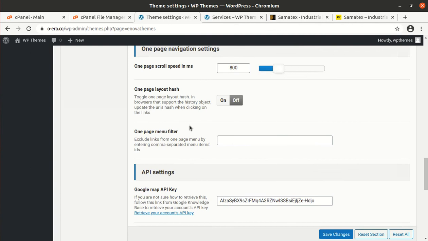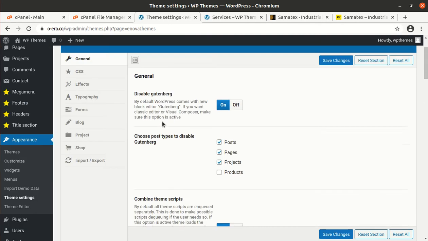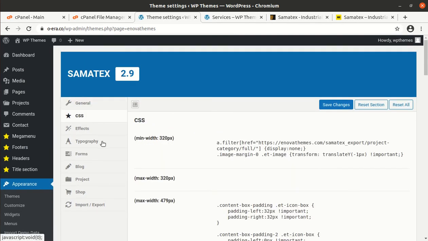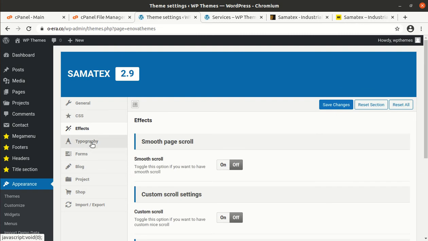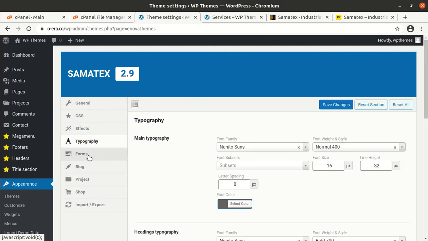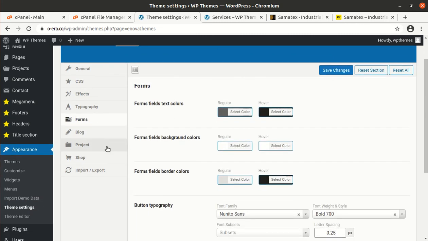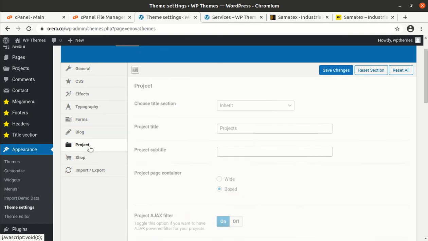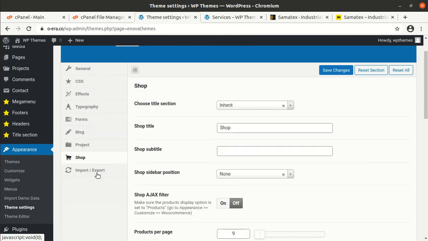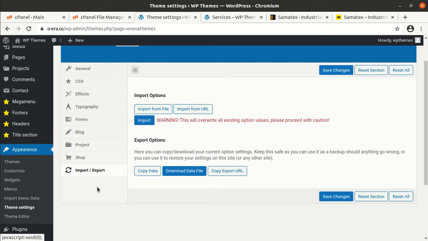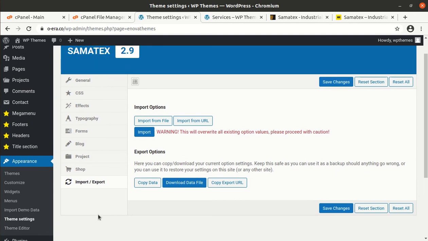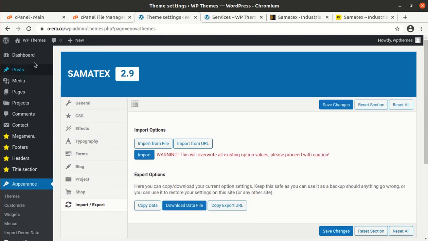That is fine. And CSS settings are here, effects, typography, forms, blog, project settings, shop, and import export. These are the settings available with the theme, and these are enough settings.